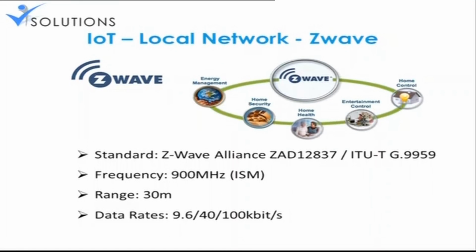The next one is Z-Wave. Z-Wave is a little far better than other modules. The reason is that in a single network it can connect to 232 nodes. You can see it has a frequency range of 900 megahertz, which is a different frequency range, and the range is nearly 30 meters only. But the data rate can go to nearly 100 kbps. This is a little famous, not in India, but in Europe and elsewhere, and they have tried installing it in many places.